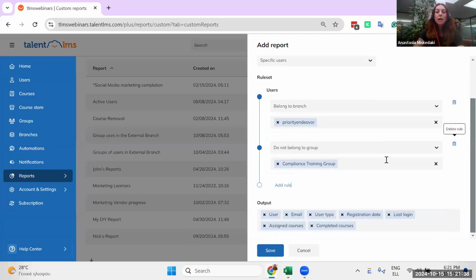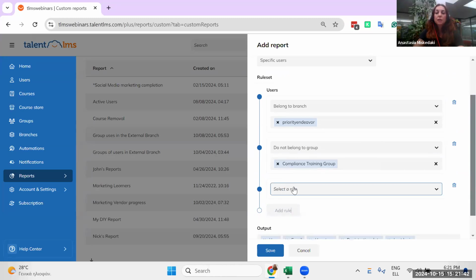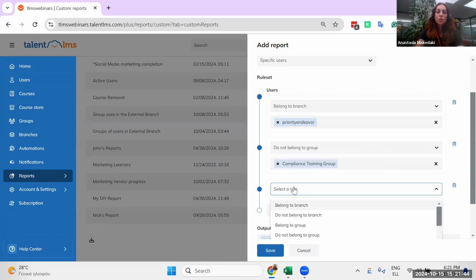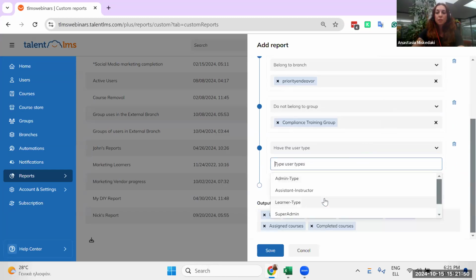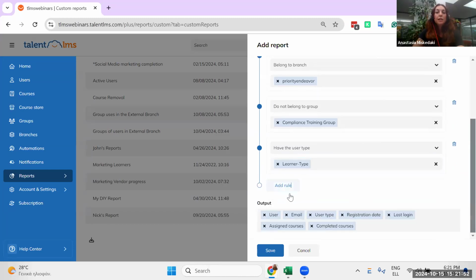There we go. And let's add another rule. Now, you said users, but let's make it learners. So let's make it more specific to the learner user type. There we go. Now, when you are done with the rule sets, then on the output here, you can customize